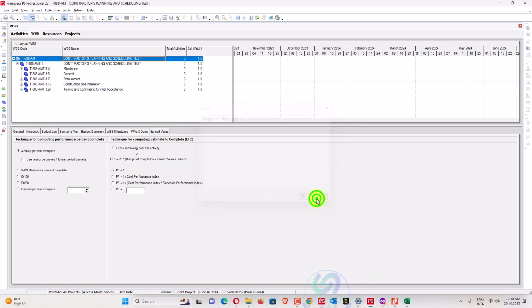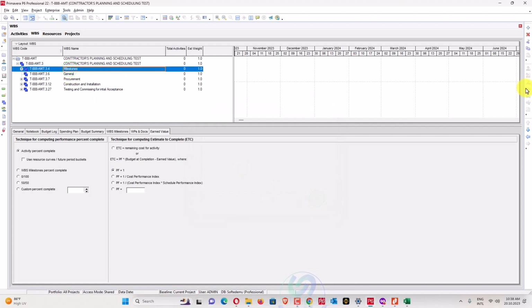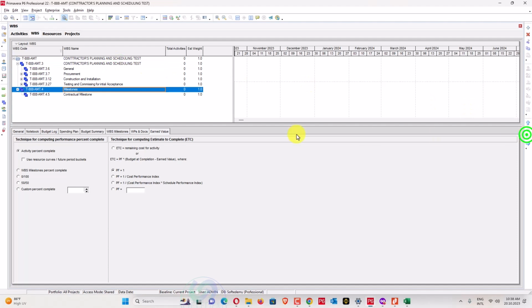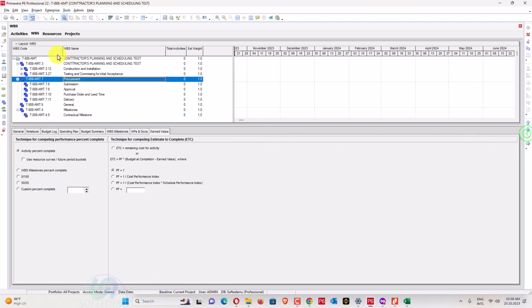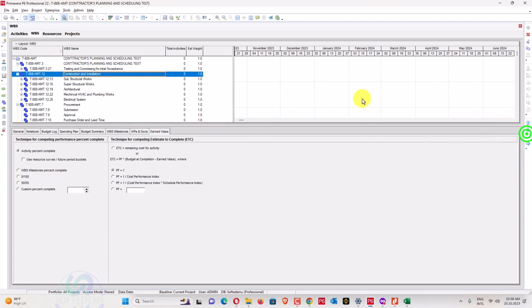And that one, the doubt I have, this one doubt I have already. So remove this one. Okay, and general as a second, procurement, and construction, and testing commissioning.